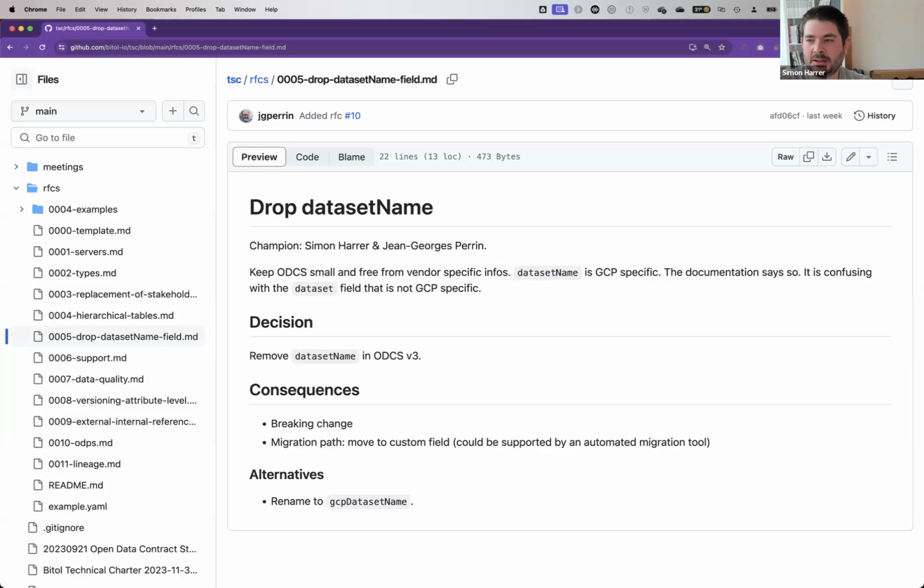And here we had a name collision, because dataset was also a thing in a conceptual way in the data contract, but the field was meant to be Google Cloud Platform specific, because there's a dataset entity in Google Cloud BigQuery. It's not just a general term. It's a very specific platform term. And the idea was basically to say, okay,